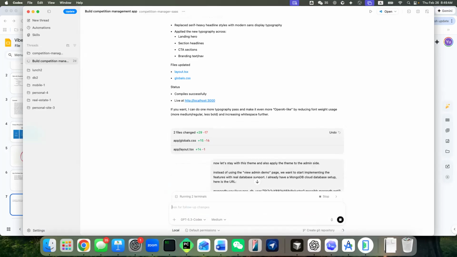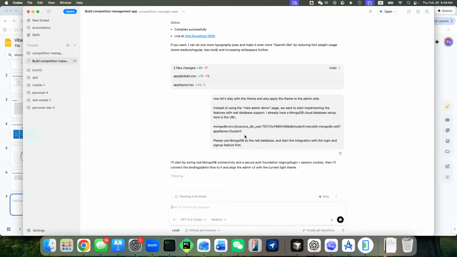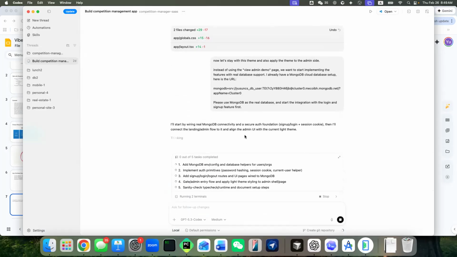Okay, so that actually includes a bunch of changes. We want to apply the same theme to the admin. We told them about MongoDB, and then just start with something very specific, the login. All right, so that's actually multiple tasks. They start the MongoDB configuration, and they implement the sessions, security features, and sign up pages, login pages, logout pages, and also the entry flow. Okay, once you log in, where do you go? All right, so